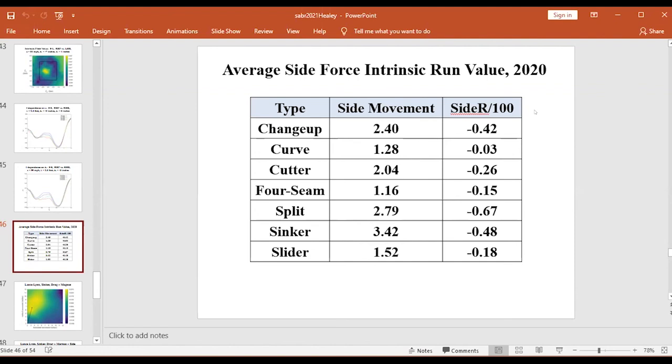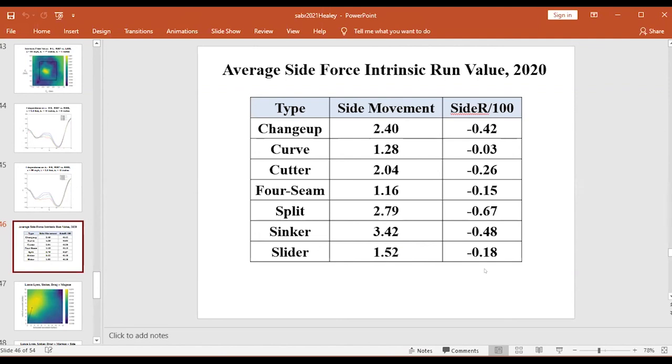So if we look at all the pitches thrown in 2020, what is the added run value of the side force? And this is per 100 pitches. Okay, so negative is good for the pitcher. Negative brings down the run, so negative is good for the pitcher. And the first thing you see is that all these numbers are negative, which means that on average, the side